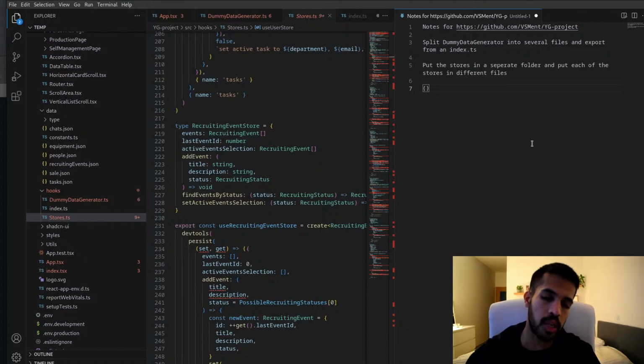When you have several files and many people are working on it, you could work on different files without conflicting with each other, and that's much more convenient when you have a project that you're sharing and working on with several people at once. So I'll put that as a note here. Having several files makes it easier for multiple people to work on.